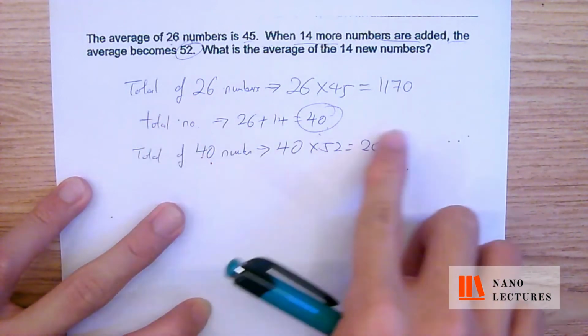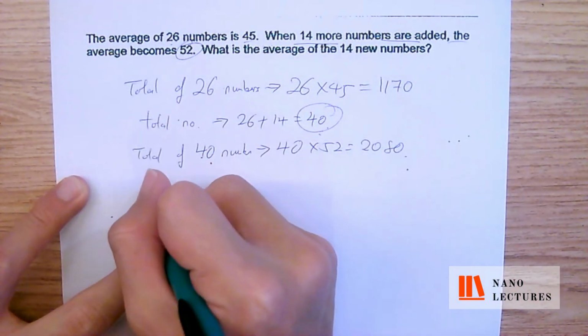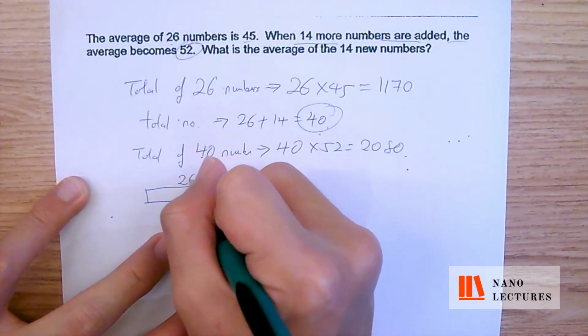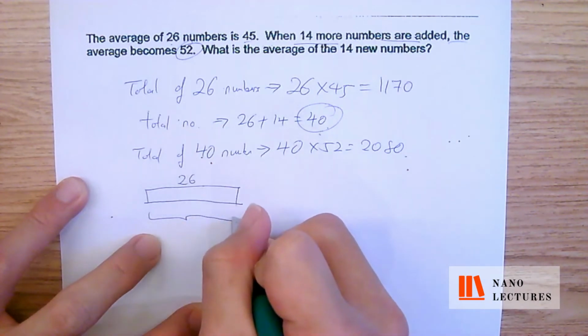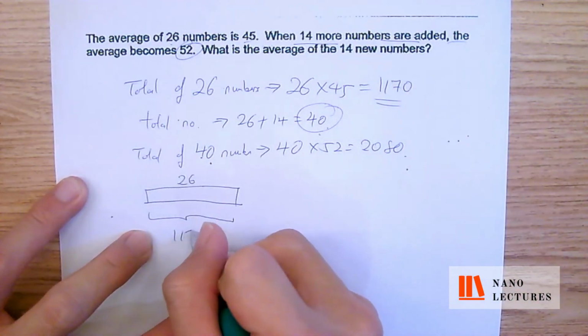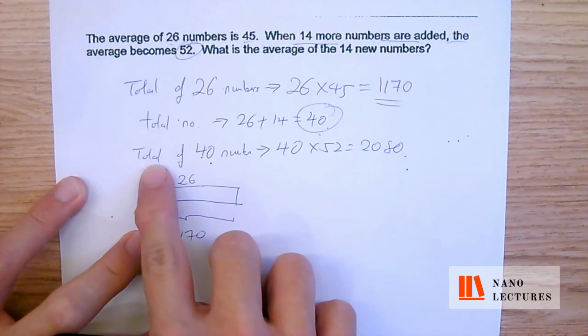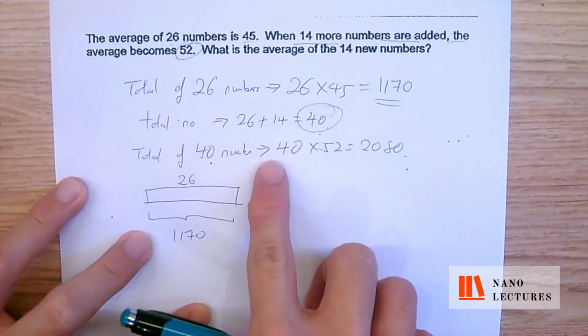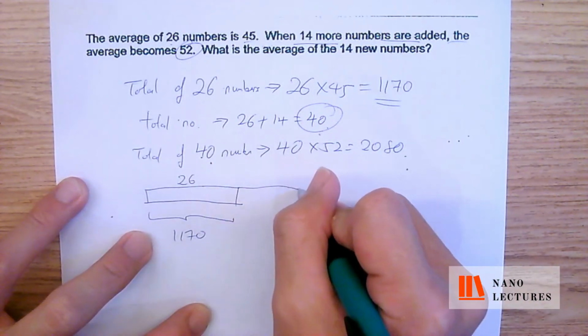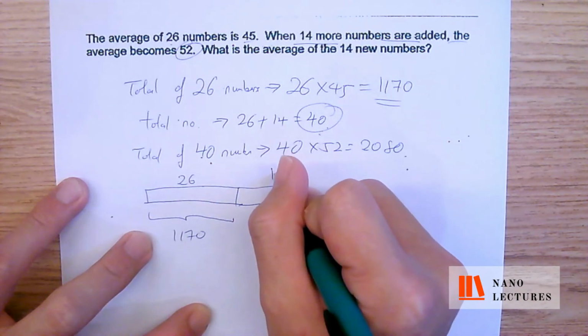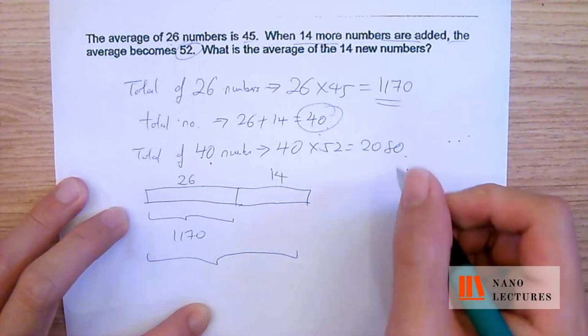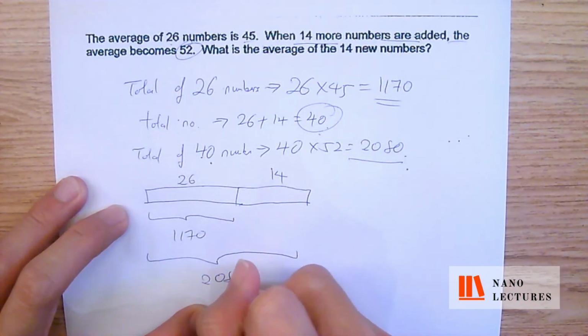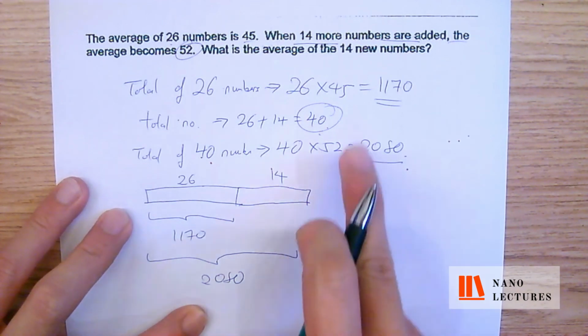Now, at this point of time, right, I'm going to draw a model for you. Initially, right, there were only 26 numbers. Okay, and the total here is 1170. After they add 14 more numbers, the average becomes this. So they added 14 more numbers, right? The total now becomes 2080. So the question now is actually asking